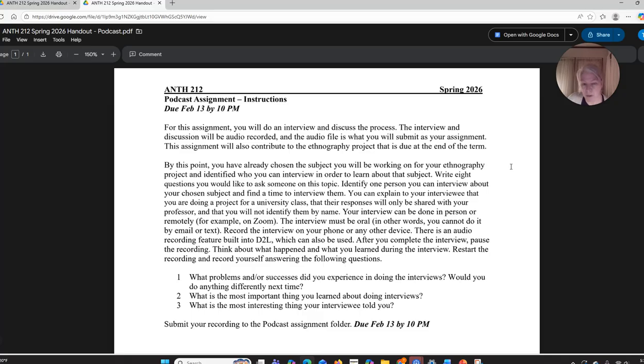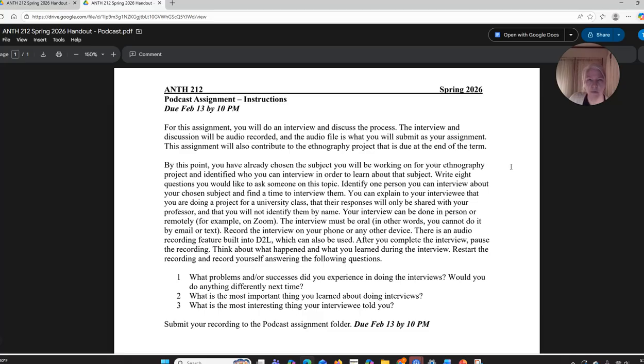Then there's a second part. What I say in the instructions is finish your interview, pause the recording, think about the questions I've posed here, and then restart the recording and record yourself responding to these questions. If it ends up being 2 audio files, that's fine too. I don't want to make this technically complicated for you. It's really just that I think doing this in a sort of oral way will be the most interesting way to do it, okay? So the first part of your audio file is going to be your recording of one of your interviews.